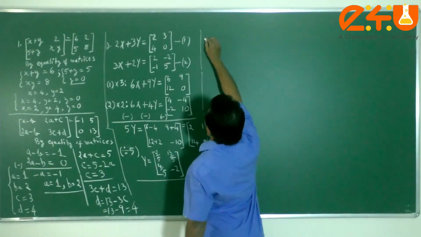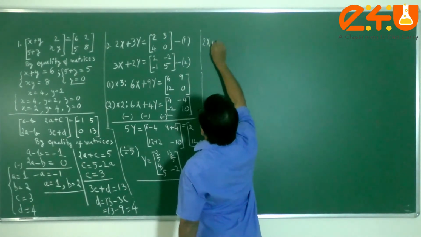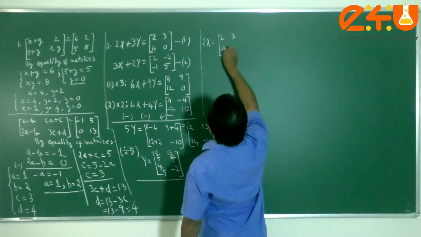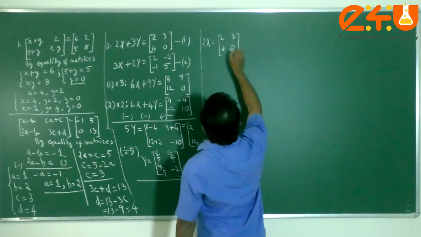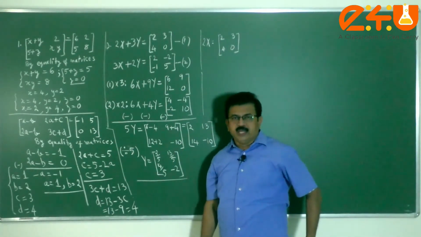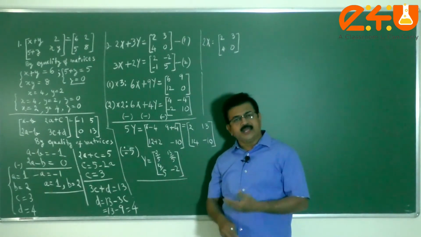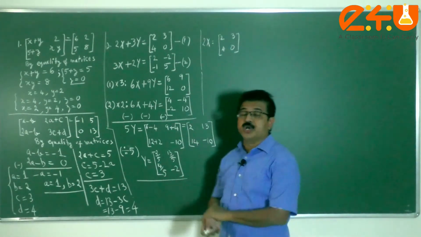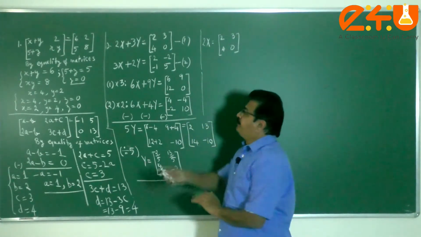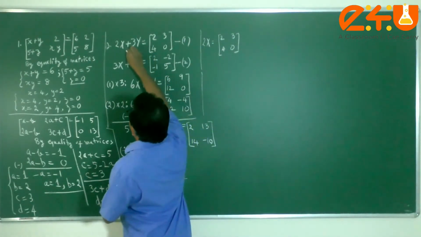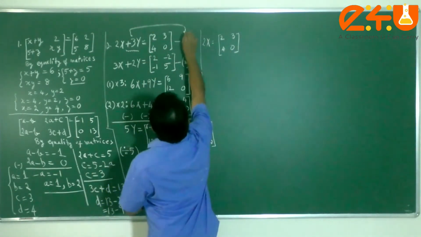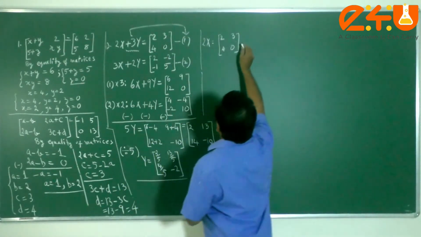Let me try to find X matrix from equation 1. What I am doing is the RHS matrix I am writing as it is. Just as you would do in the case of an algebraic equation containing any x or y, in the case of a linear equation you can transpose terms from one side to the other, the matrix terms also. So the 3y term found on LHS in equation 1, I am going to transpose it to the RHS, so it has to become negative 3y,